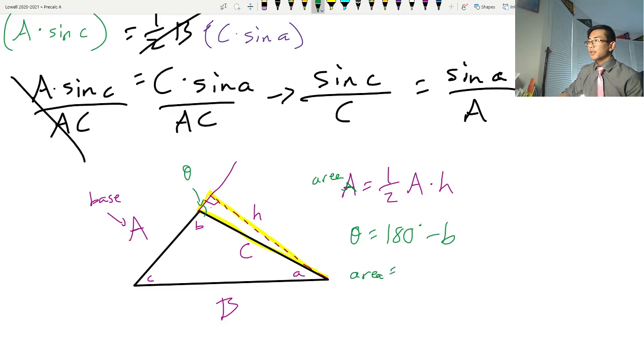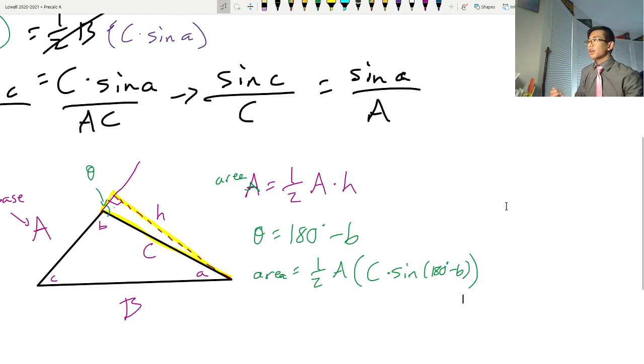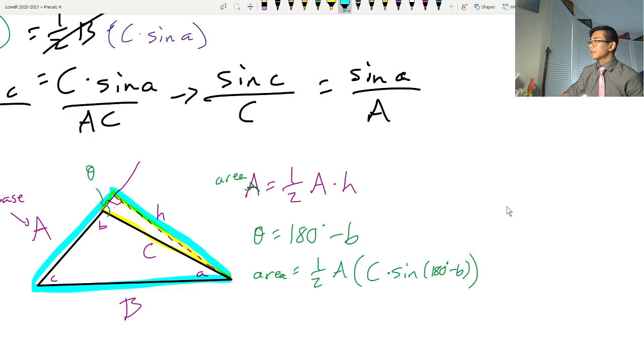Okay, but now that I know that, I can say that the area is equal to 1/2 A, again that's the base, times, well, just like before, to figure out what H is, we need to multiply the hypotenuse of this triangle, which is C, times sine of theta, which is sine of 180 degrees minus B. Now, if I look at it from the lens of the giant triangle, which I'll highlight here in blue, or cyan, this one's a little bit easier to see, we can just say this is 1/2 A, again 1/2 the base,